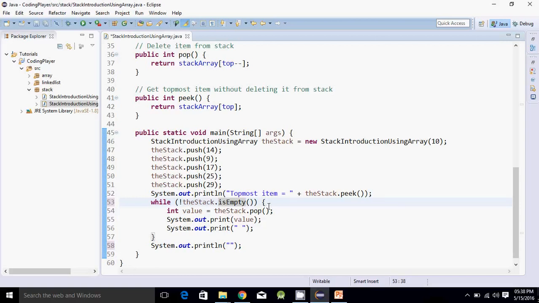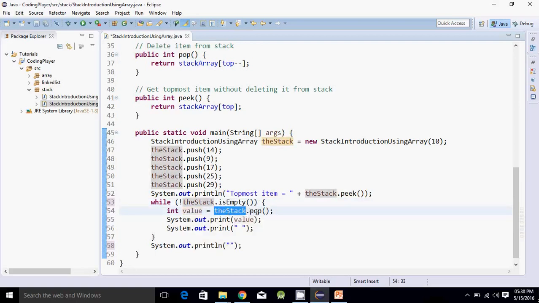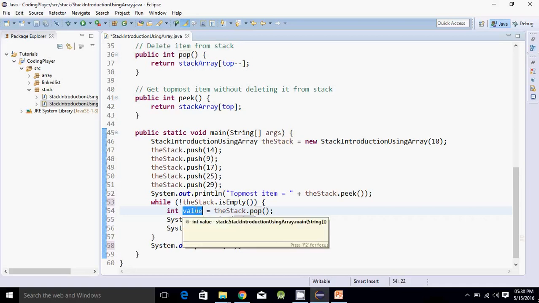So I first get the value of the topmost item and delete it. The stack dot pop method will delete the topmost item from the stack and provide you the value of that item. So I get the value and delete the item, and I can simply print that this value is deleted. This while loop continues till all the items are deleted.